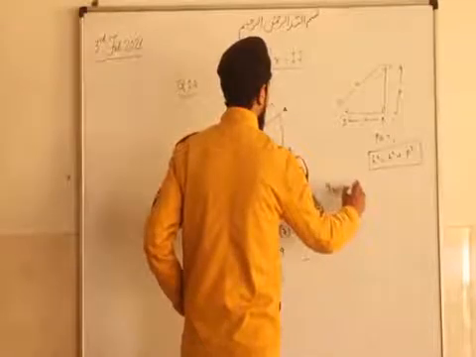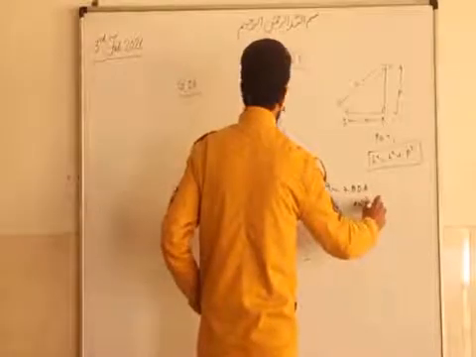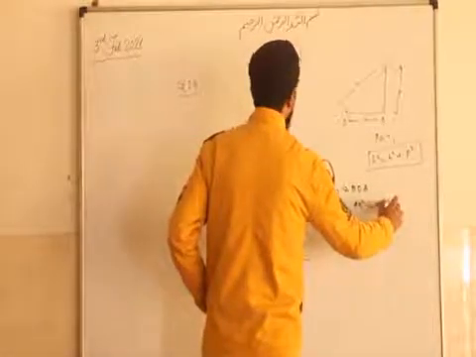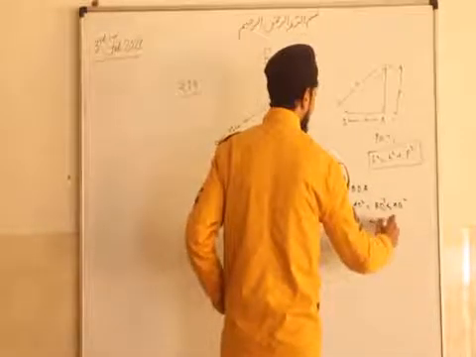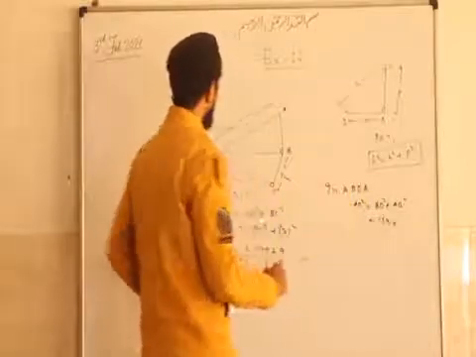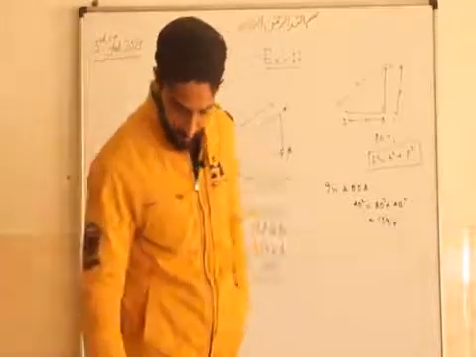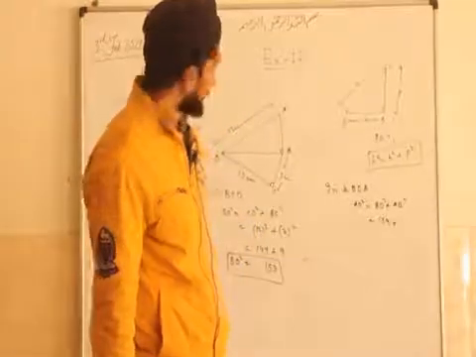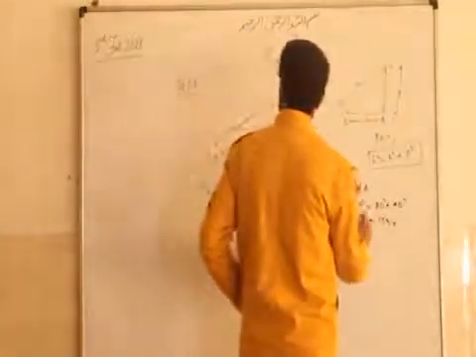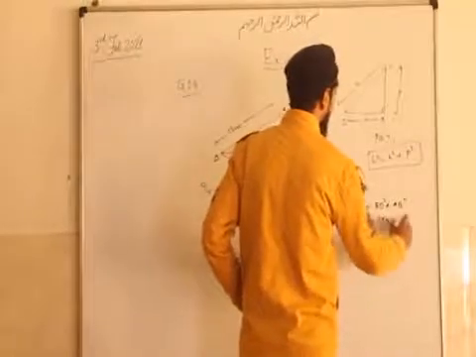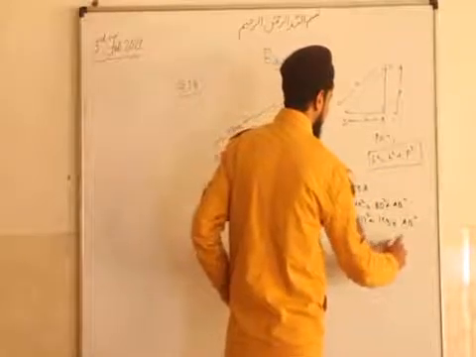in triangle BDA, AD square is equal to BD square plus AB square. So BD square we have already calculated. It is 153. AB is? Huh? AB is not given? AB is not given. Achha, sorry. This is the AD square, 13, right? And this we have to find here. So this is 169 equals 153 plus AB square.